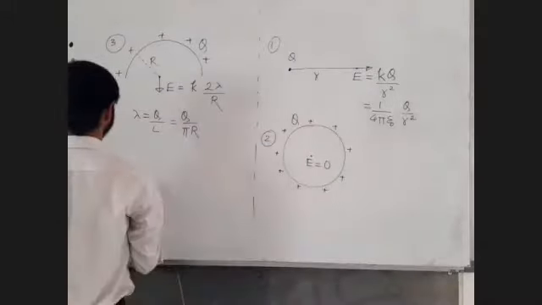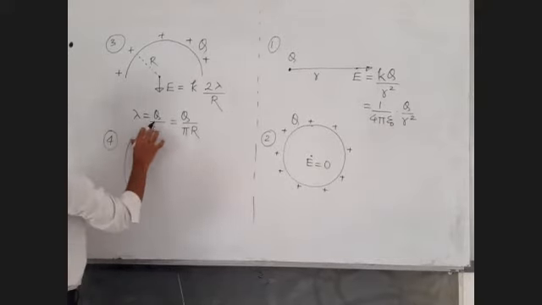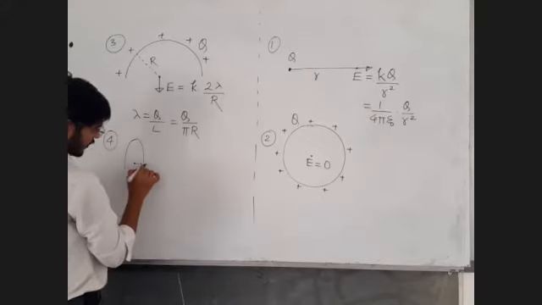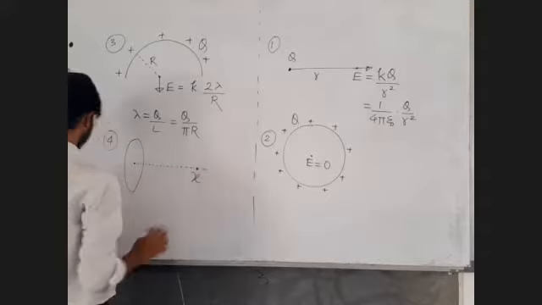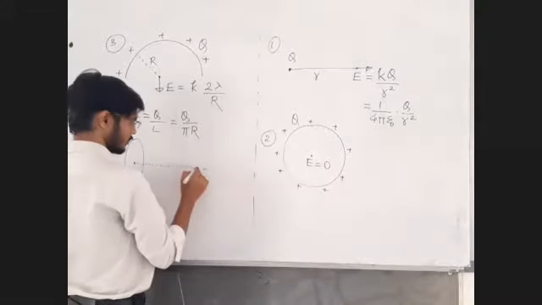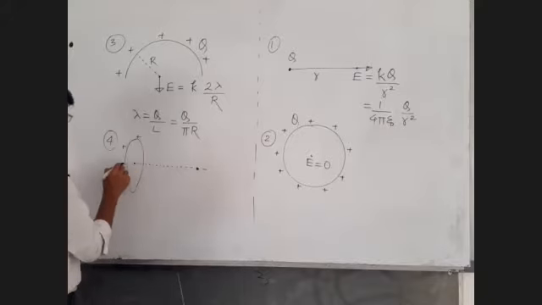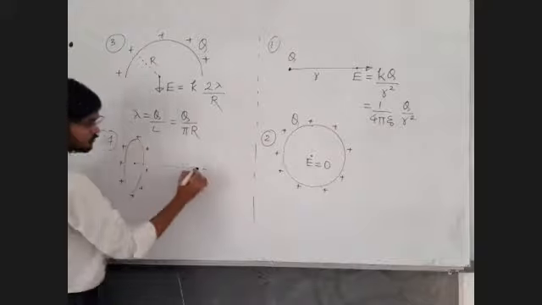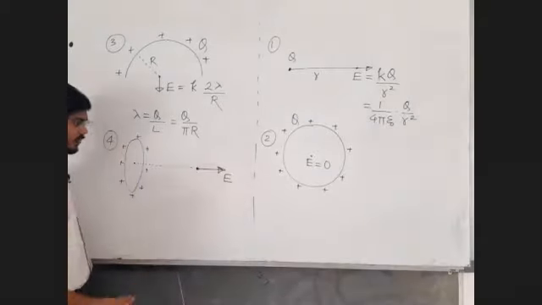One more formula that we learned. Electric field on the axis of the ring. Electric field at a point, and the point is on the axis of the ring. Let us draw the axis of the ring. At this point, you also write down this once again. Okay. Let's say the ring is positively charged. If the ring is positively charged, electric field will be away from the system. This is our system. It will be away. If this ring is negatively charged, electric field will be towards, obviously.